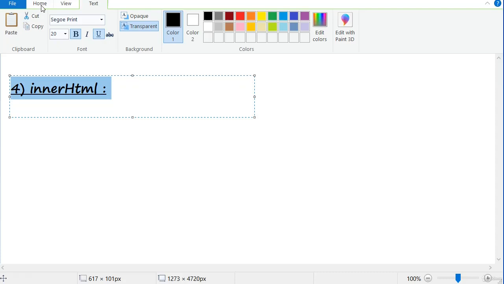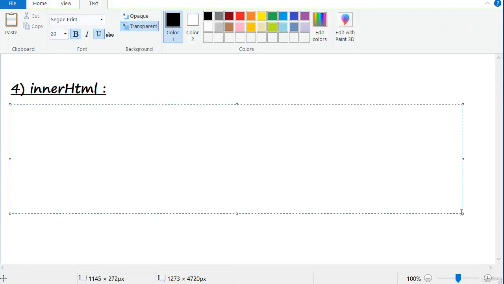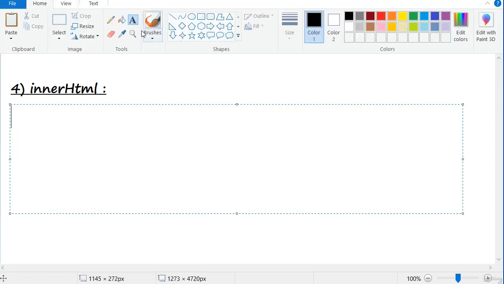What is innerHTML? It is a property which is used with an HTML element that can present text, and it also allows various formats for that text. By using markup, we can use our HTML tags inside this innerHTML. We will see a real world program showing how we can use innerHTML in our web page. First we will make a note about this.